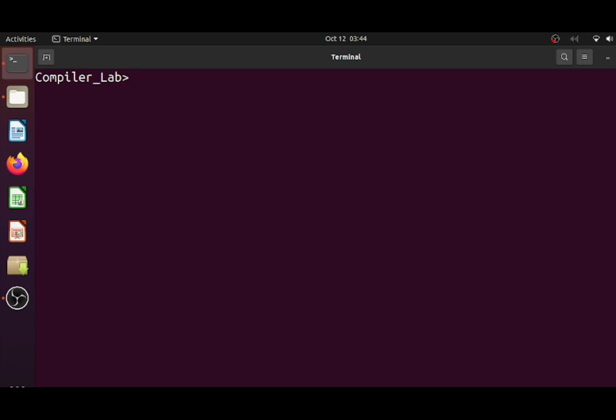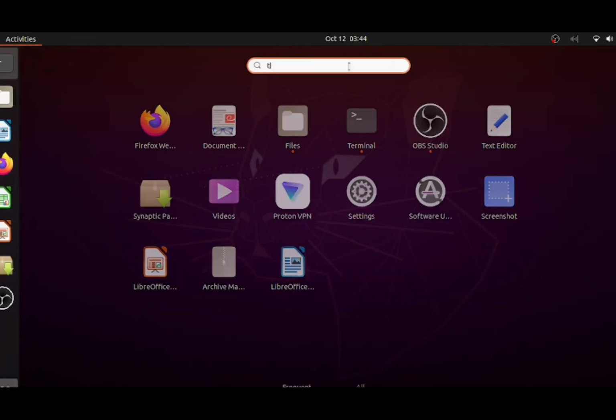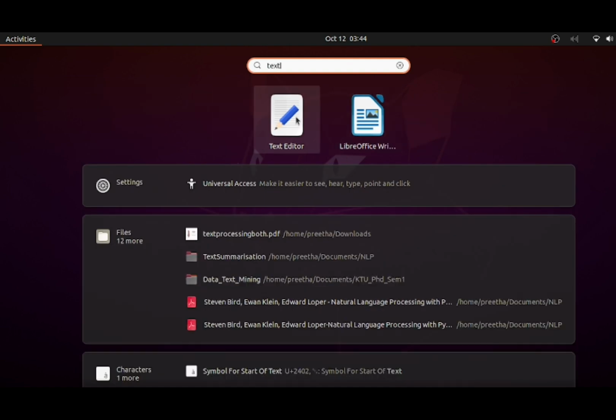So let's understand how we can use the LEX tool. We can open the default text editor of our OS. I am just opening a text editor,